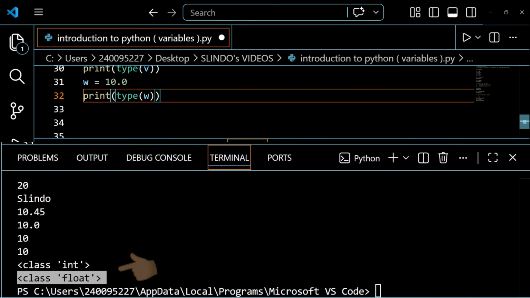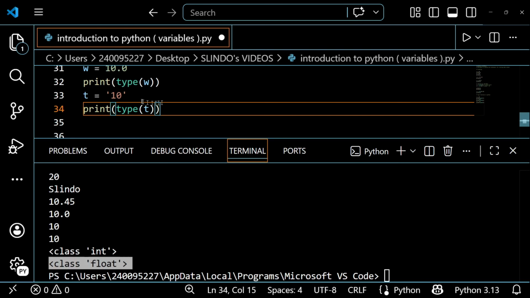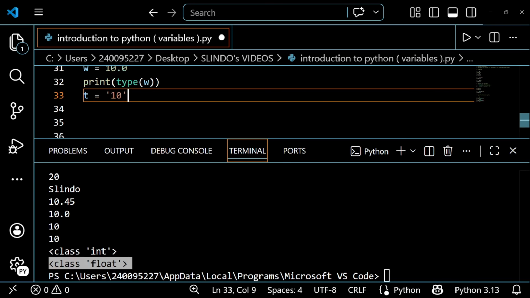Okay, now let's say I have t equal to a string of 10. Let's say I don't know that this is a string, but I can use the type function to be sure, one hundred percent sure, that this is a string.